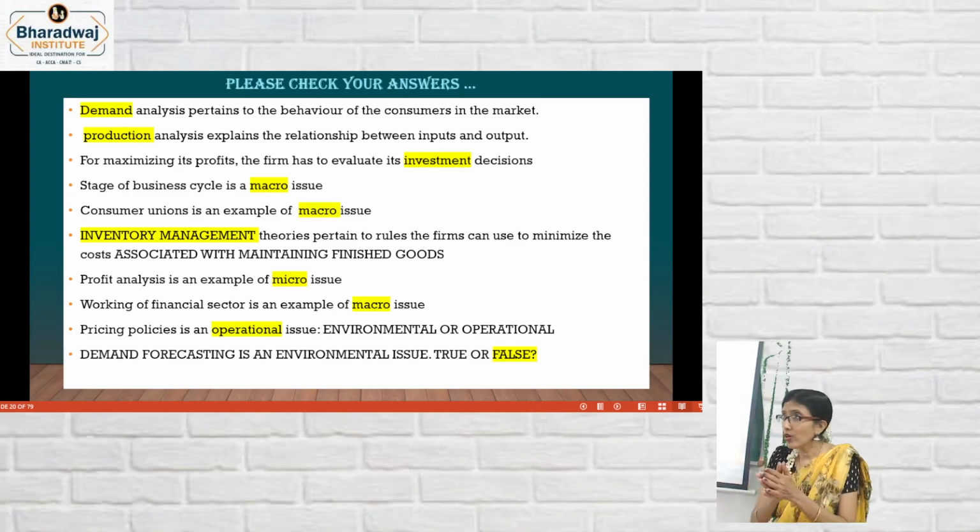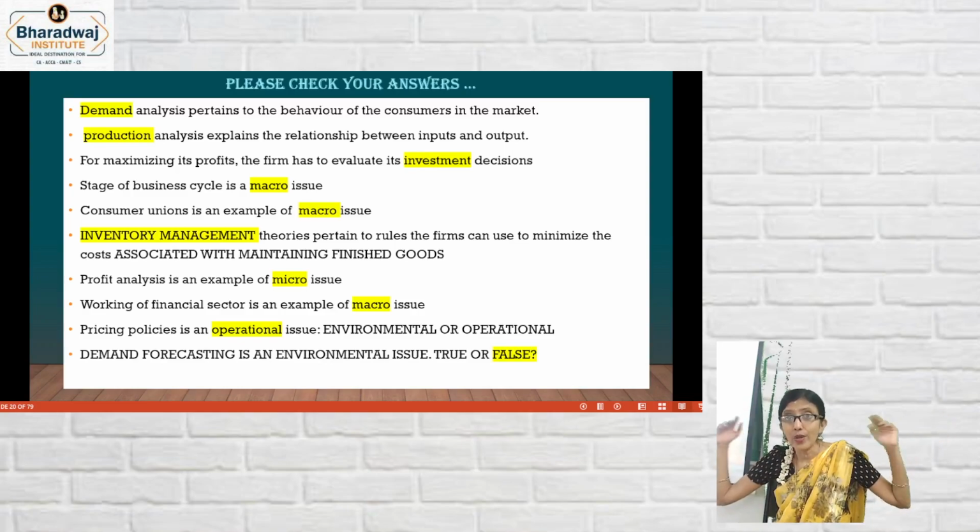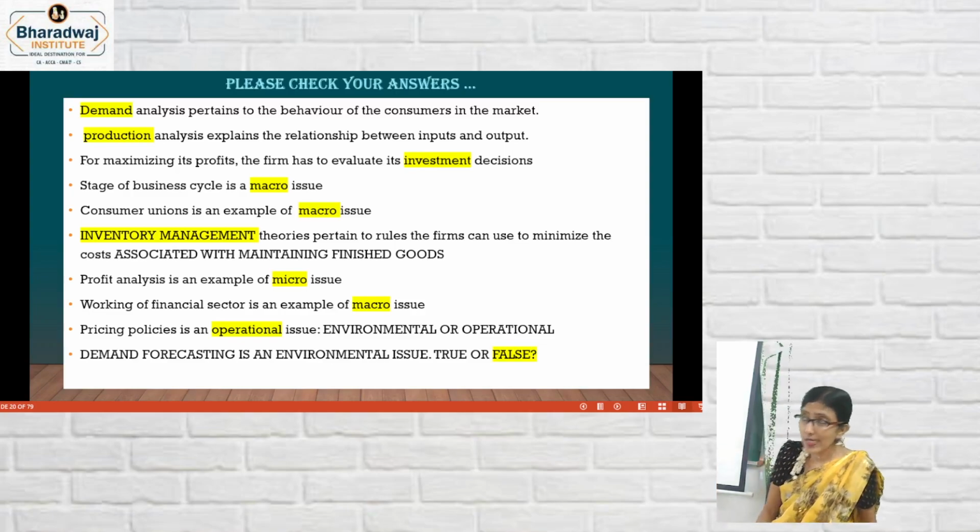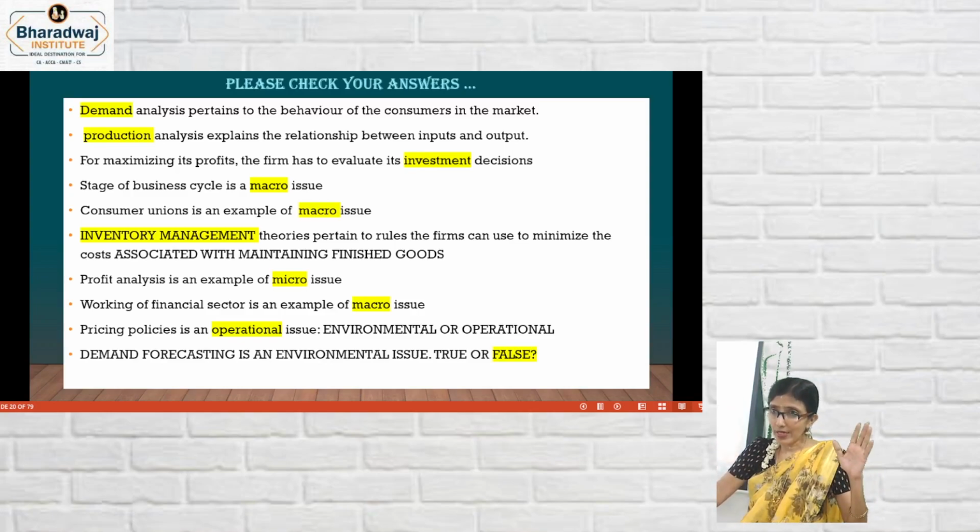Firm, pricing policy cannot be done for all. A firm fixes the price of the commodity depending upon its raw material requirement, labor cost, whatever physical capital investment. So pricing policy is not an aggregate calculation like national income, employment, inflation, poverty. It will vary according to the business. And financial sector, financial markets, capital markets, money market, they are all about many institutions. So it is not different for you, it is not different for me. So it is a macro phenomenon.